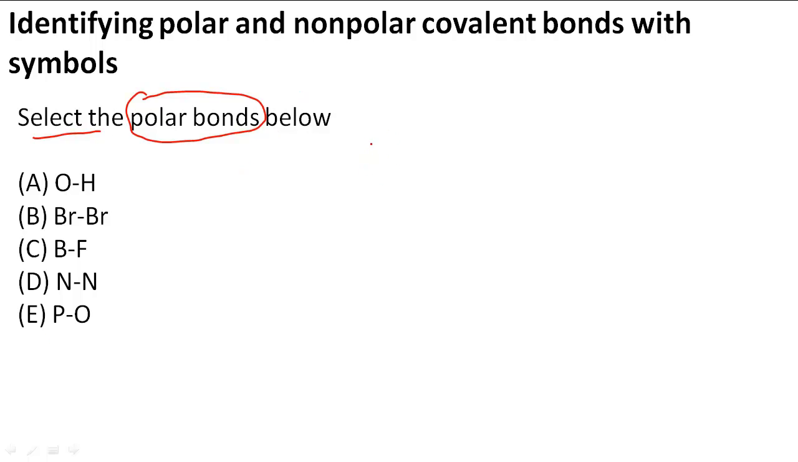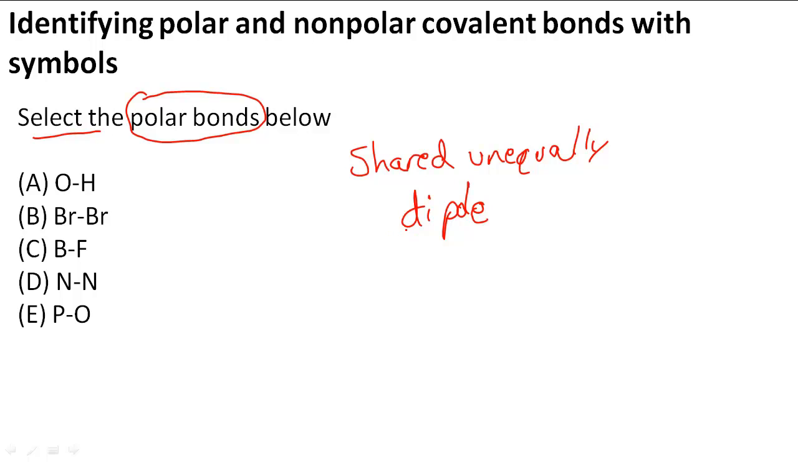Remember that polar means that the electrons are being shared unequally. So there's going to be something called a dipole moment. Di means two poles, and we know what those two poles are. They're going to be a positive pole and a negative pole, because one atom is going to be more electronegative